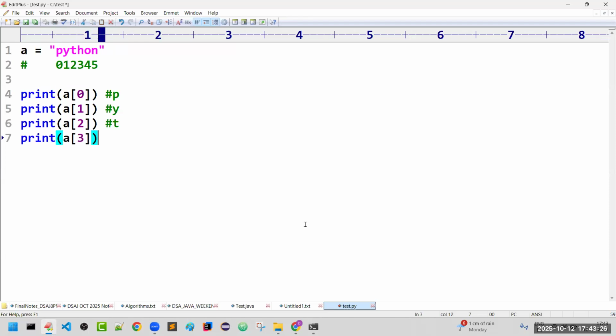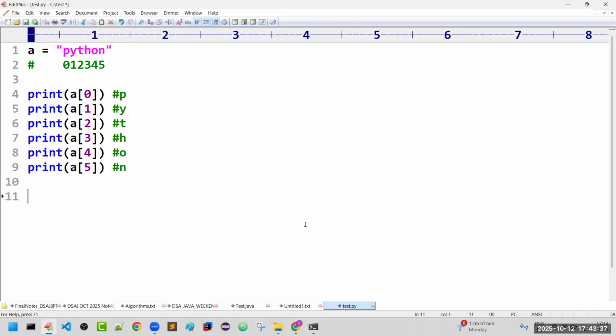If you print A of 0, the 0th location character, P, is printed. A of 1 gives Y, A of 2 gives T, A of 3 gives H, A of 4 gives O, and A of 5 gives N. All the characters are printed index-wise like that.